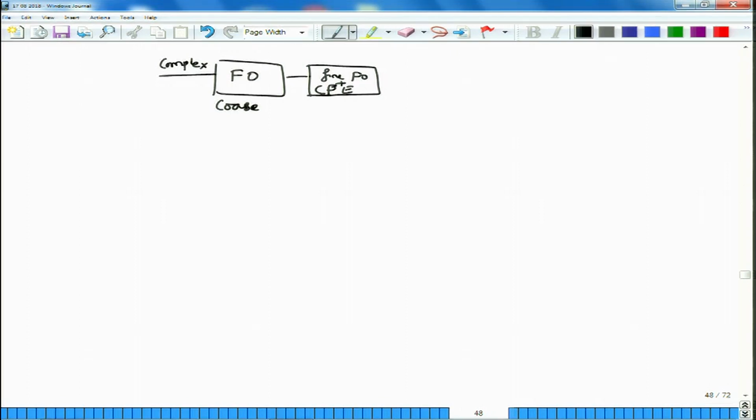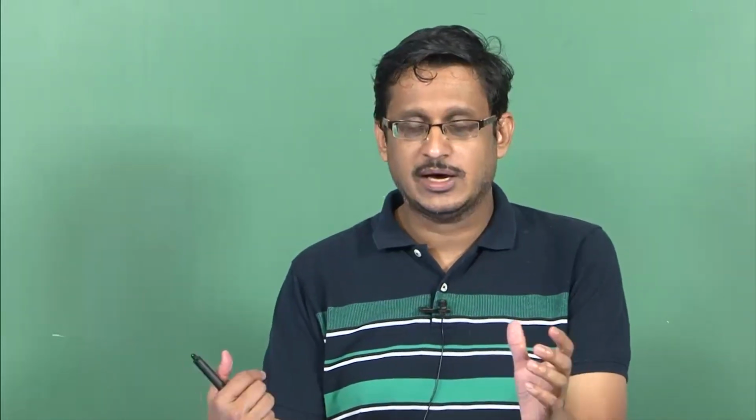If you can pinpoint the difference between DSP based coherent optical communication systems and the older systems, it is in this particular block. As I have told you earlier, if you wanted to have proper coherent detection, you need to have a local oscillator whose phase, and frequency of course, has to match exactly with that of the transmitter, or at least the difference between the two must be a constant. If it is not constant, then it will rotate the constellation points and make your life very, very hard.